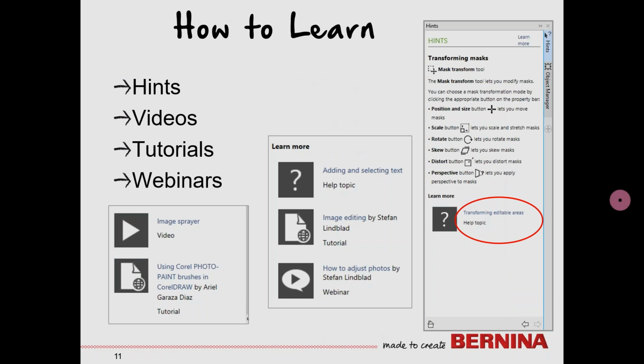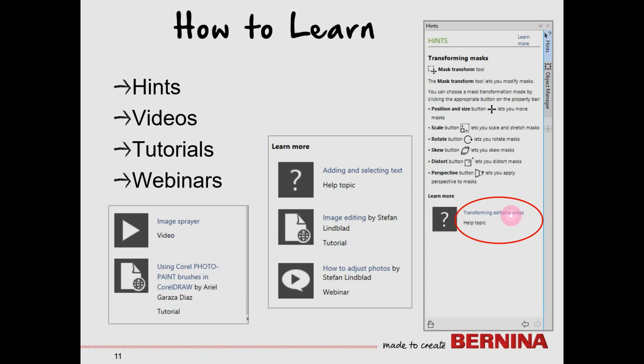As far as how to learn about what Corel PHOTO-PAINT will do, there is a hint docker that is found on the right side of your screen. And anytime you see these symbols at the bottom of the dialog box, you can click on the title and it will take you to different things. The question mark will take you to different areas of the manual, and the manual is written for the full program of Corel PHOTO-PAINT. Ours is a